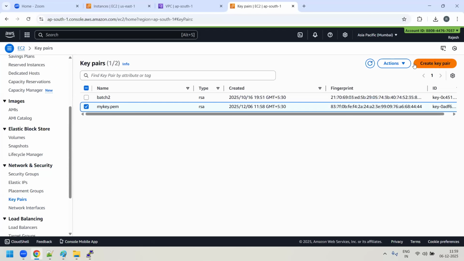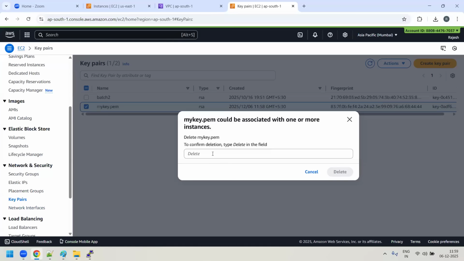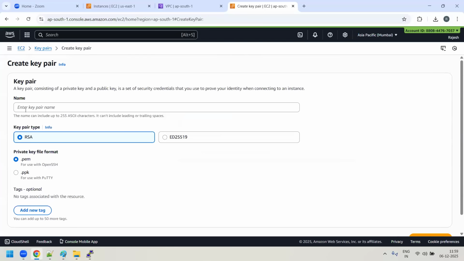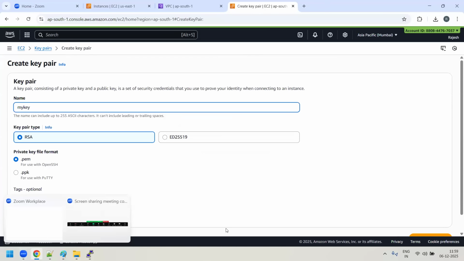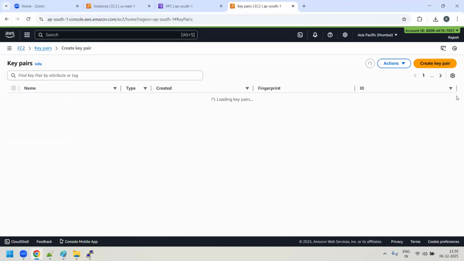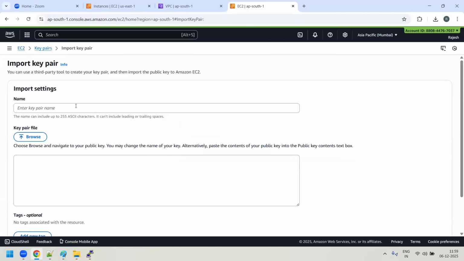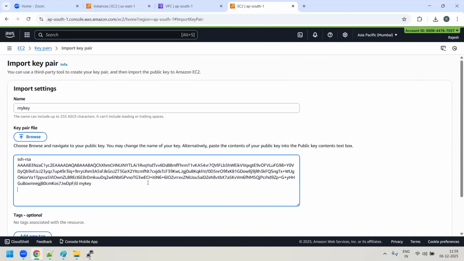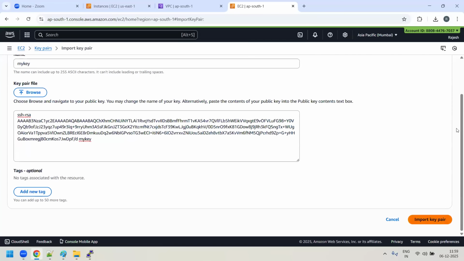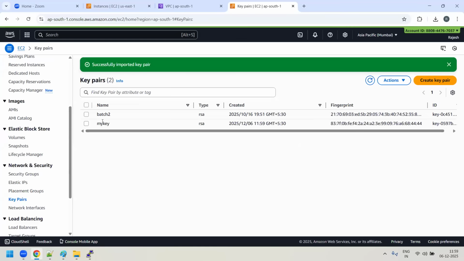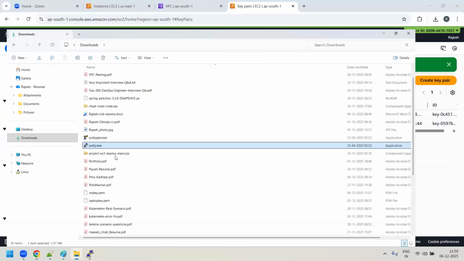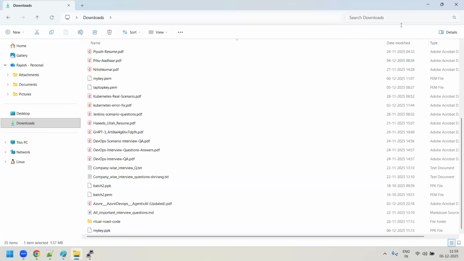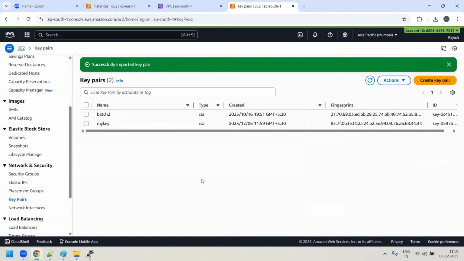Let me remove it, just to avoid any kind of confusion. Let me do it one more time. Sorry, you have to import it actually. Import the key, my key. I've already copied it, I think. Copy it and then import the key pair. See, I got the same key with the same name, my key, even in the Mumbai region. It means that, Rajesh, I can use the same key, and log into the orange server which I'm creating now, right?